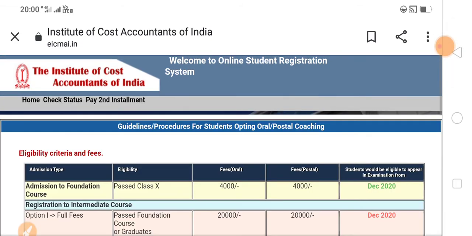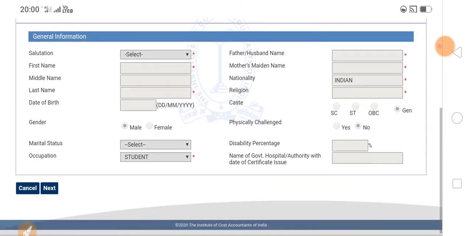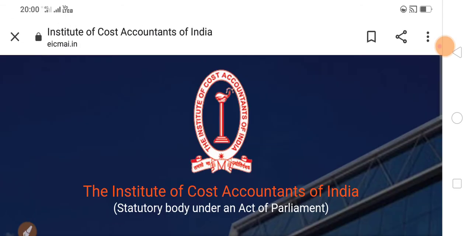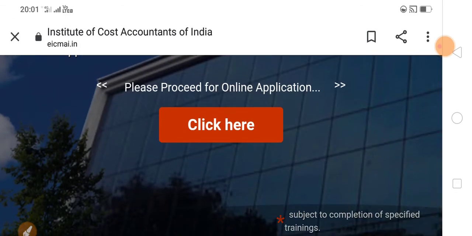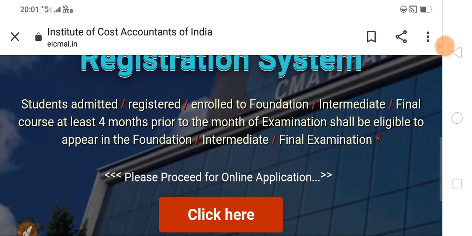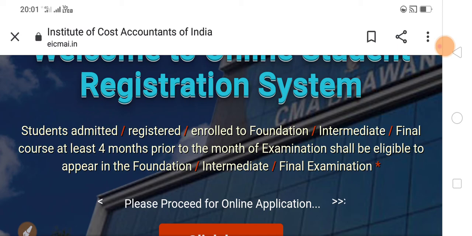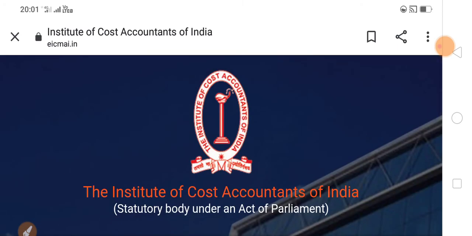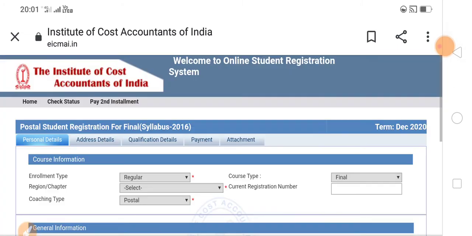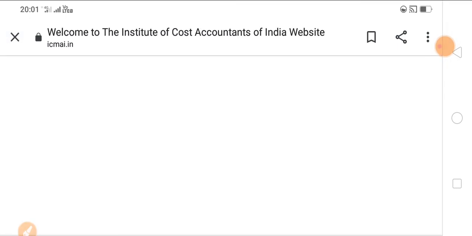If you have already applied, how do you check the status? You appear in the examination four months later, in foundation or whichever level.